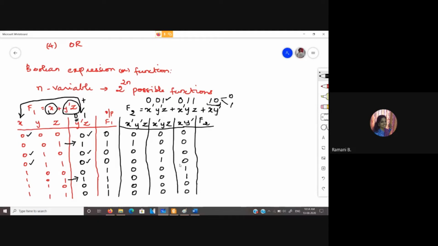Okay? Now F2 is OR operation of all these three. So with respect to that, our expression will be, this is 0 plus 0 plus 0, so this is 0, 1 plus 0 plus 0, so a 1, all zeros, so 0, you have a 1, so 1, this is a 1, this is a 1, and these are zeros. Okay, so are you able to understand this, how I am giving the values in the table?